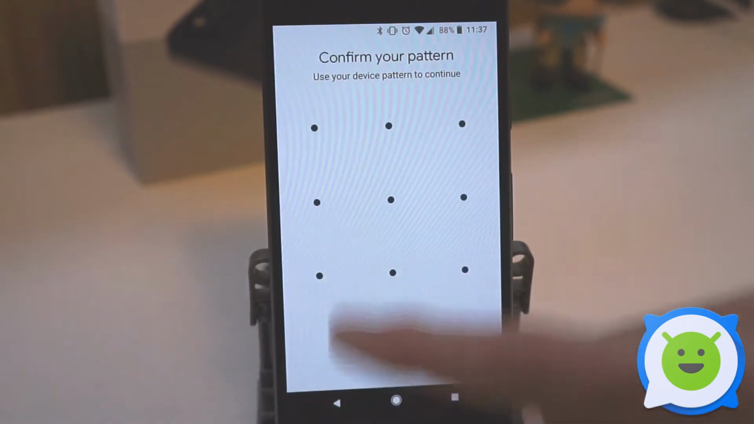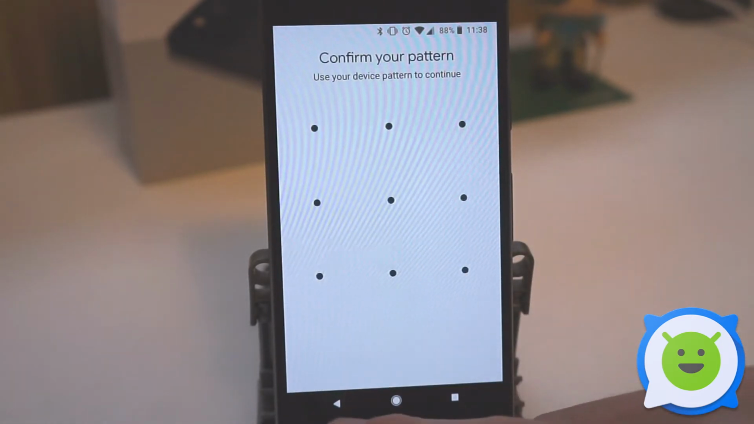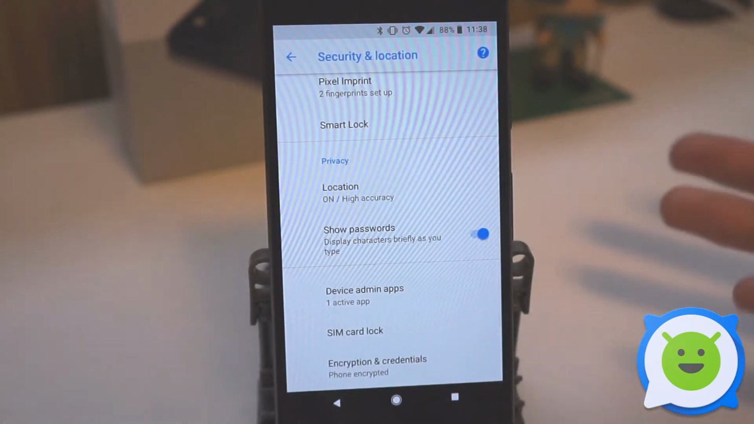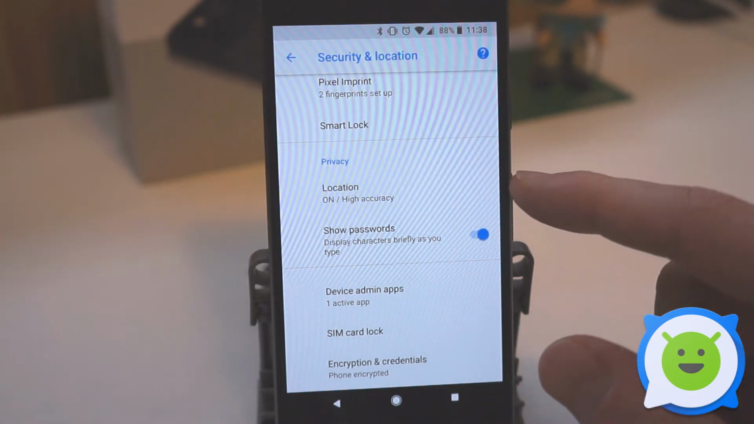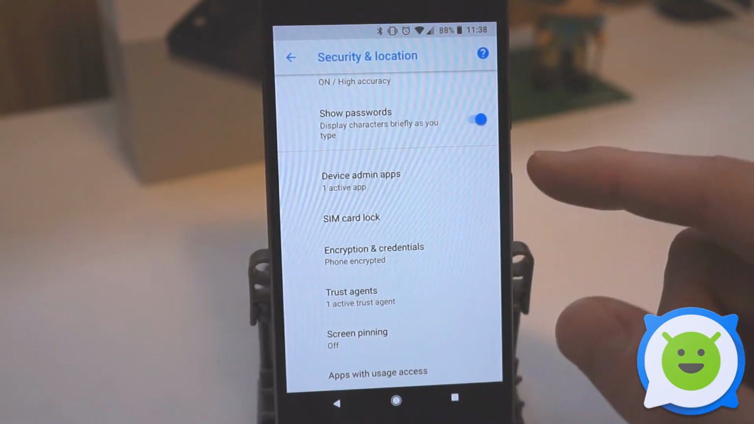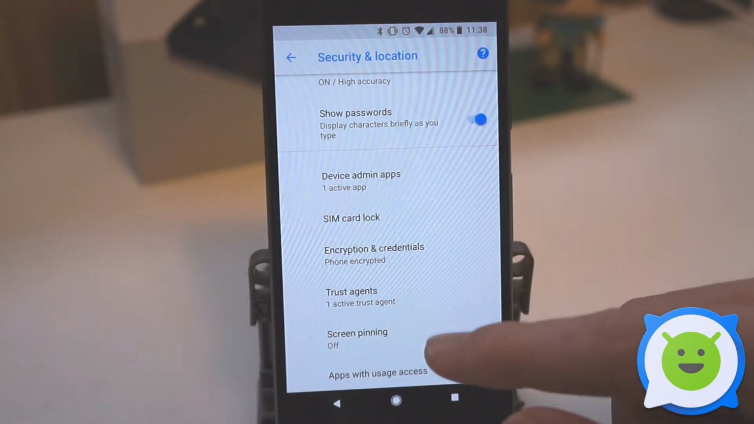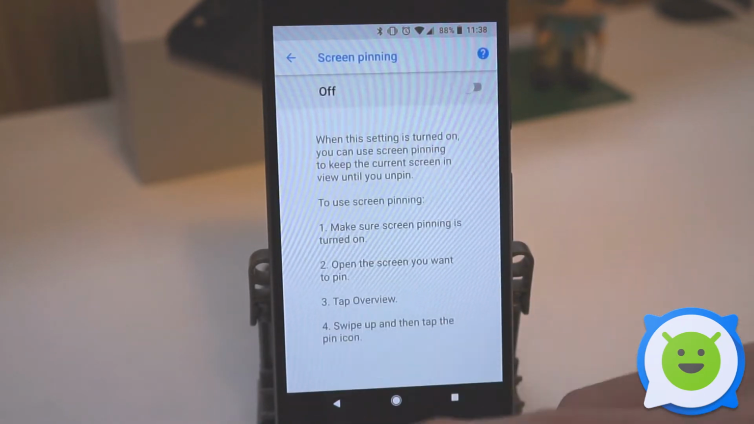Pixel imprint is your fingerprint, so you can add your fingerprint there and use that on the back. Then of course smart lock, which allows you to automatically unlock the device when you're at like your home or when you have a Bluetooth device connected. You got location access here, show passwords when you're typing them in, and then you can see what apps have device admin, and you can do SIM card lock, encryption and credentials, trusted agents, screen pinning, which you should turn